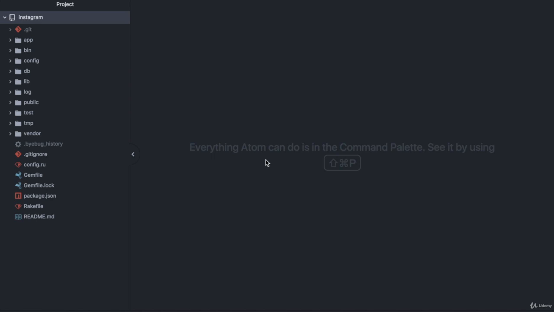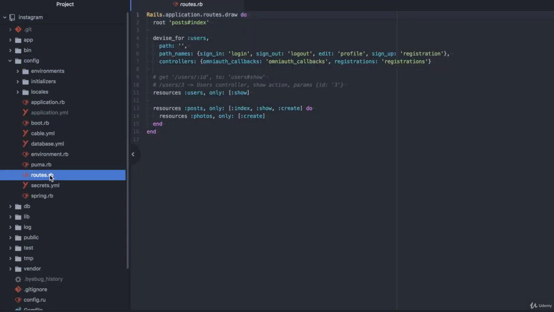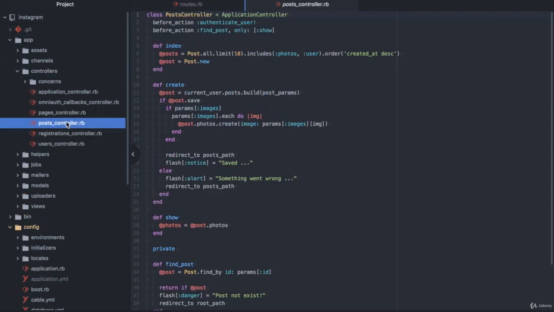Hello world! In this video, we'll build a feature to delete posts. So first, as usual, open router.rb and add a destroy in here. Destroy, save it. So next, let's change our controllers, post controller,